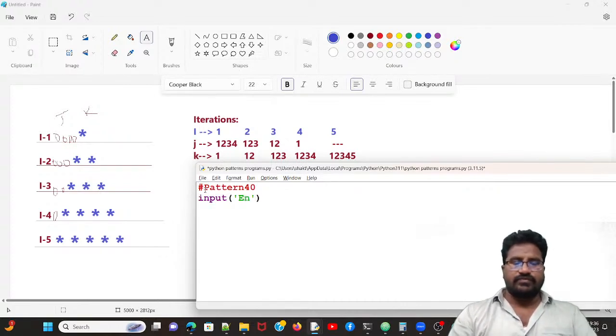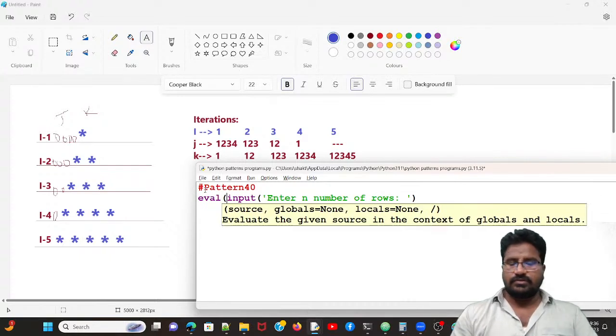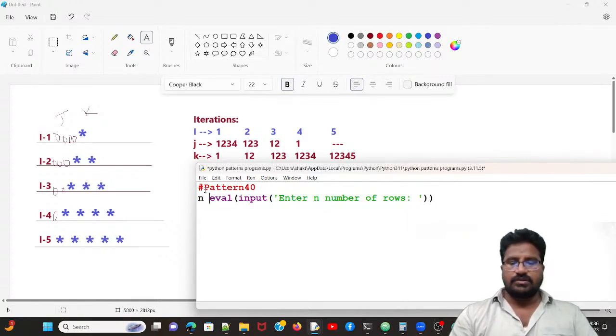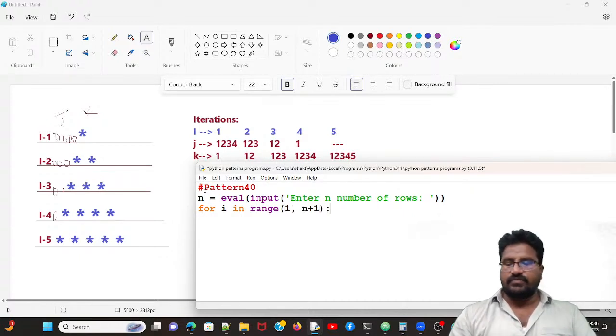Same input of enter n number of rows. Then n equal to input, right. For i in range of 1 comma n plus 1, 5 times iterating, right. And then for j in range of,